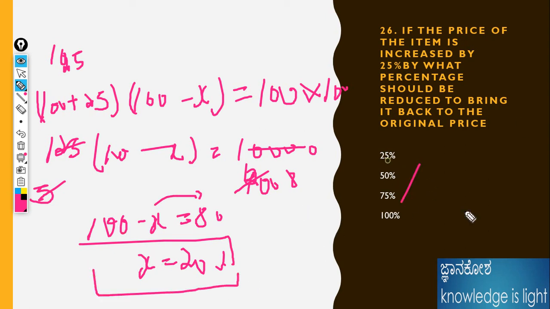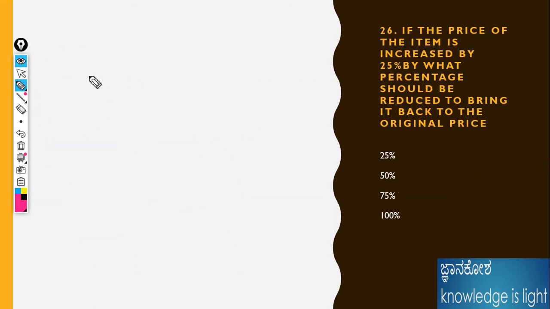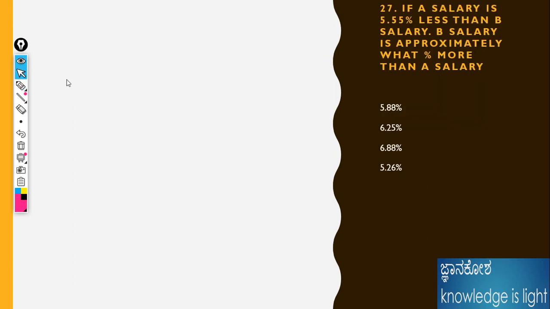Isn't that the right answer? From both the methods, which one is preferable? Better to choose that method. It will be very easy for you. I'm just explaining how to do it with both the methods here. Okay, next I will take the example for the second thing, 27. I will show both the methods, and you can choose whichever is better.